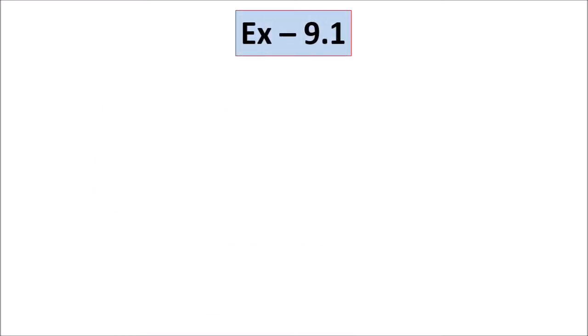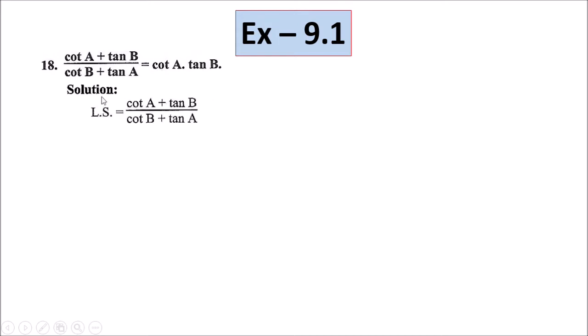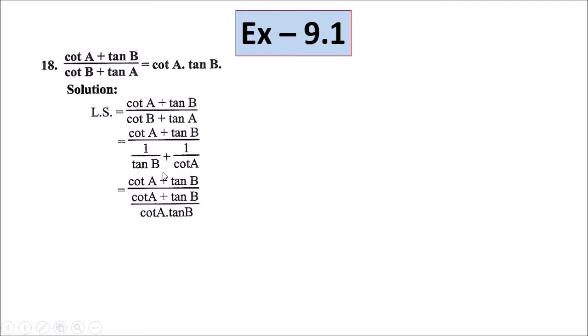Now the next math number 18, cot A plus tan B by cot B plus tan A equal to cot A into tan B. So of this solution of this math, we have the left hand side cot A plus tan B by cot B plus tan A. I just transfer the denominators part, cot B equal to 1 by tan B and tan A equal to 1 by cot A. So if I do the addition here,